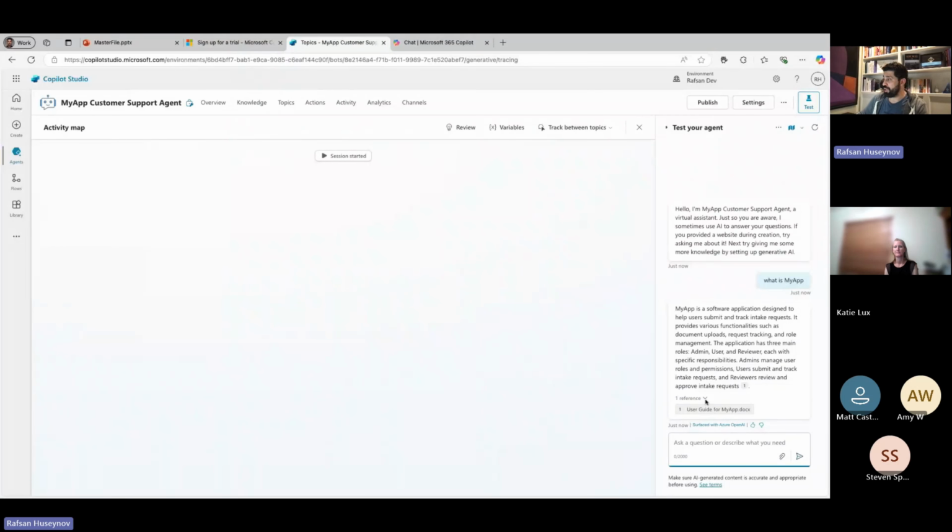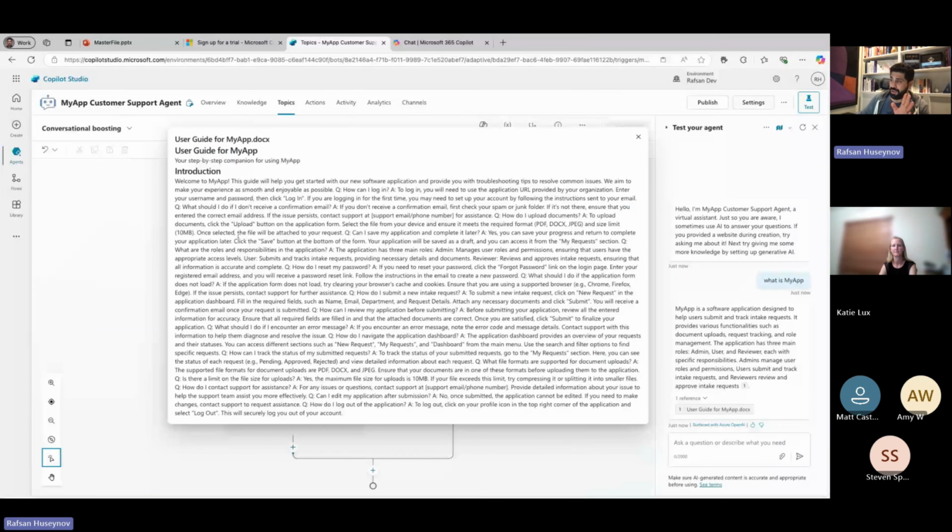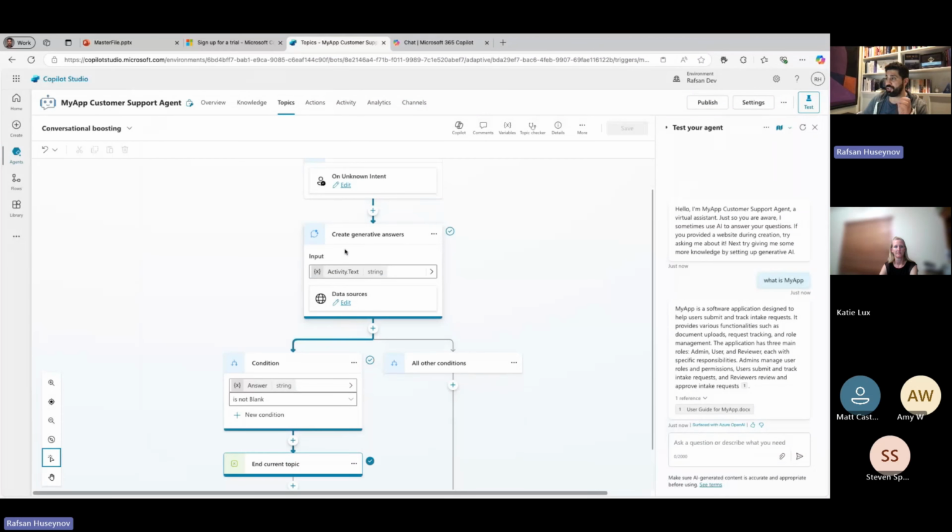And if you look at here, you can see the reference. And here is the, I hope in the future they're gonna fix this. This is not the best way of reading the content, but here is the resource that we can see. And it's using the generative answers functionality. Now, if I ask